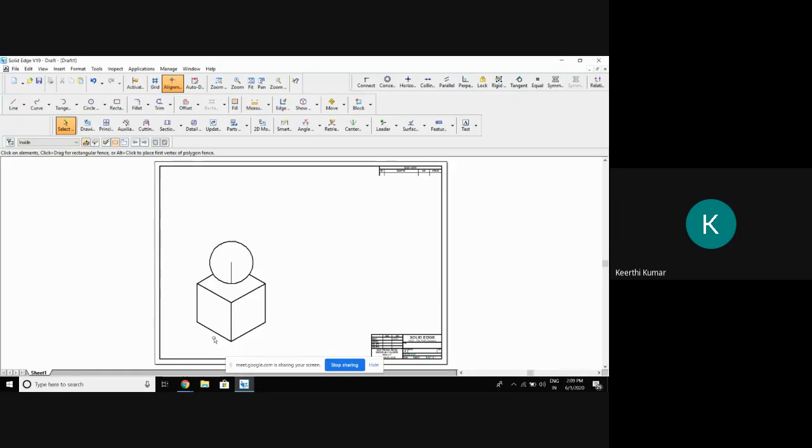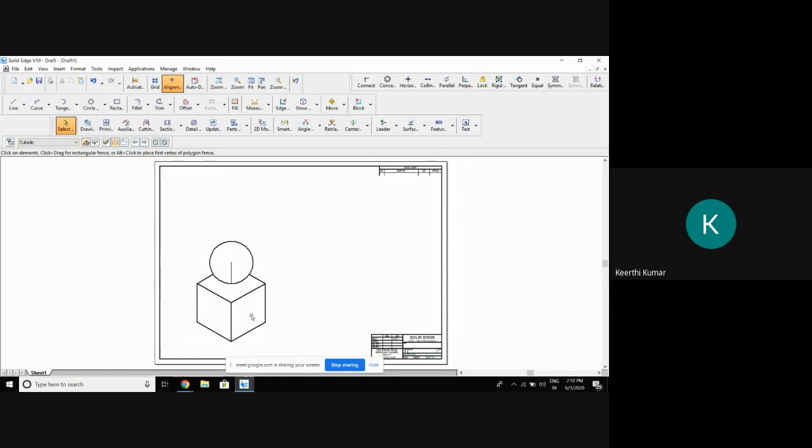And the second thing, if any line is inclined to 30 degree, what will happen to its length? The original length will be the same, but the apparent length will be somewhat reduced. If I check the length of the inclined line, it will be reduced. How much will it be reduced? It will be reduced to that.